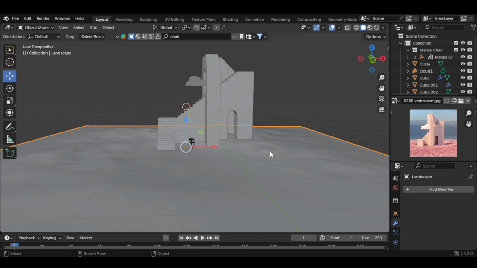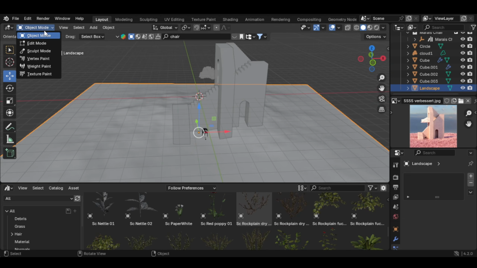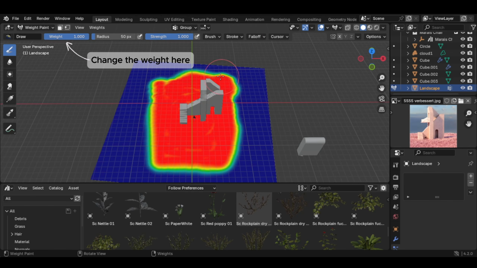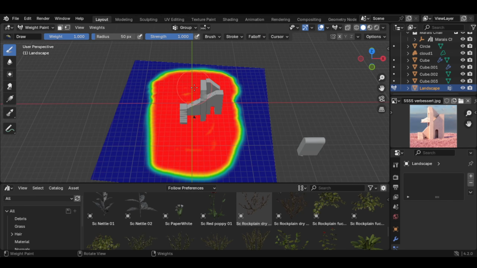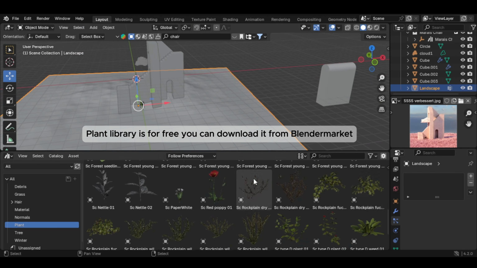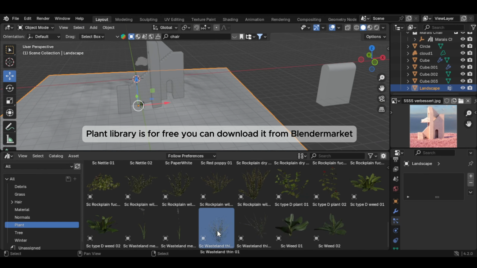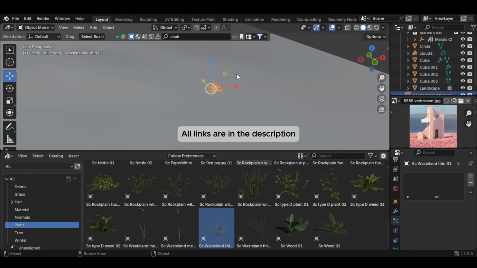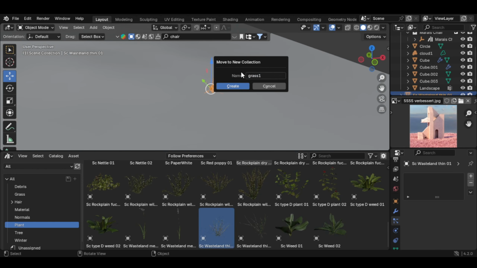and let's do the grass now. Select your landscape, go to weight paint, and paint this area, and now go back to object mode and select this wasteland grass here, put it in a new collection by pressing M and new collection, name it grass 1,